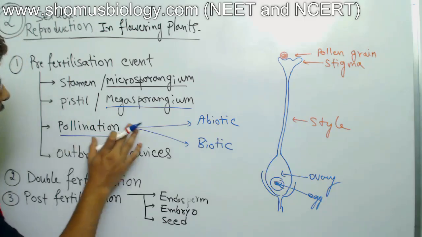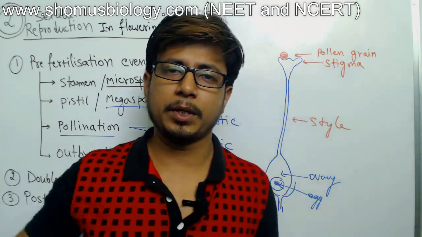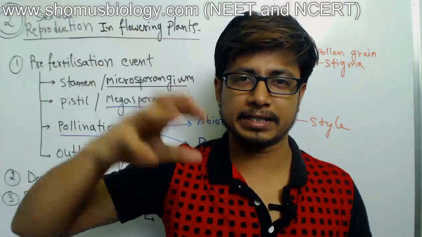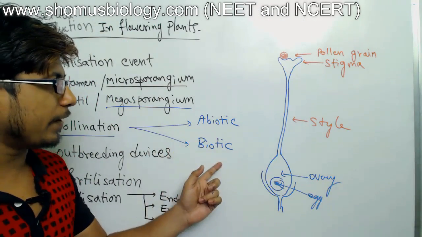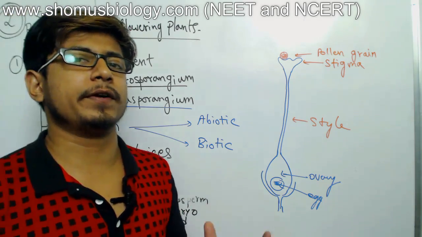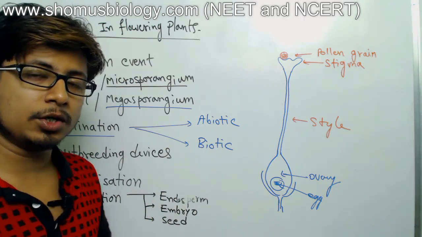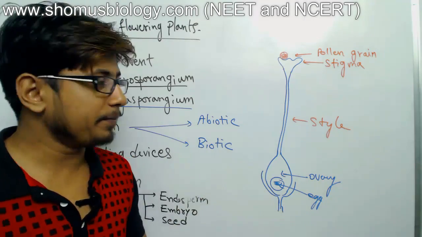That's what happens in the pollination process. Abiotic factors are very common because air is always circulating, so it can take pollen grains and spread them outside. But depending upon which factor the plant is using, the structure of the flower is different. If the flower utilizes abiotic factors like air to transfer pollen grains,